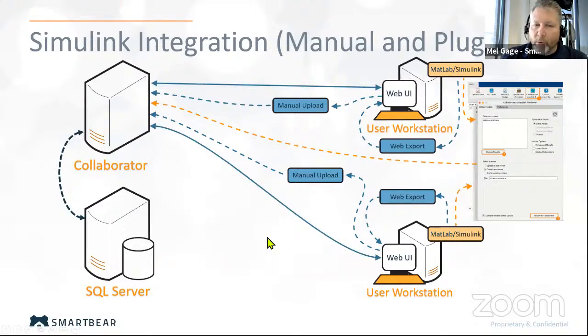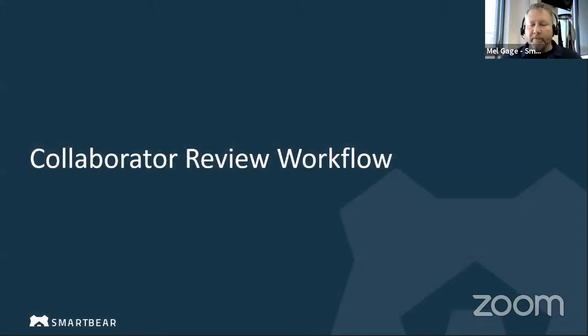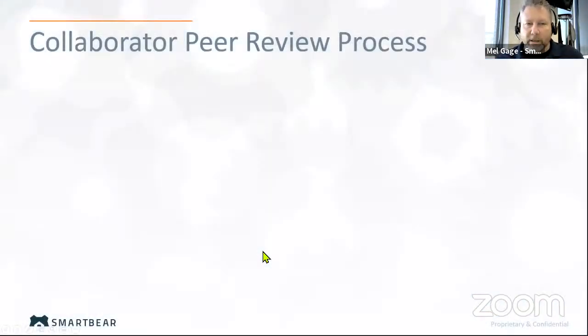Then we open the web UI and go through our typical review process as usual. So we've touched on several different integration types today: the Client GUI integration, the webhooks integration, Jira, and the Simulink integration. So we're going to touch briefly on the review workflow. For those of you that are Collaborator users, I'm sure you're familiar with this workflow. For those of you that are seeing Collaborator for the first time today, let's take a look at that review